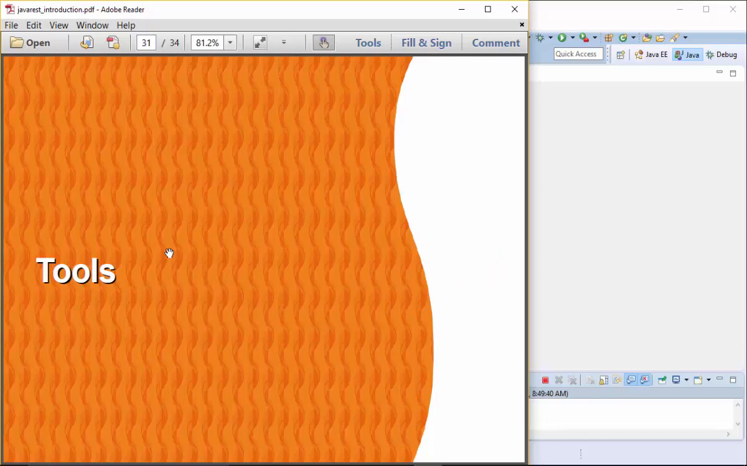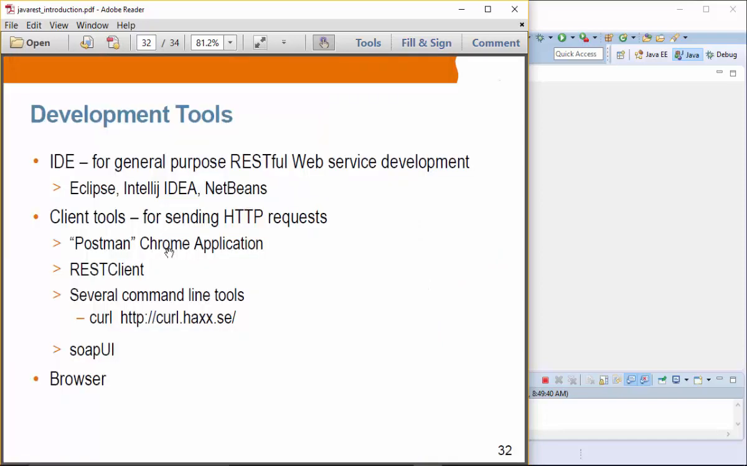In terms of tools, we're going to use an IDE for building RESTful web services applications. We're going to actually use Eclipse, but any IDE of your choice works, as long as that IDE supports Maven, which is the case for Eclipse, IntelliJ IDEA, NetBeans. Any IDE can be used. For client-side tools, we are going to mostly use curl, which is a command line tool, but you can use Postman,